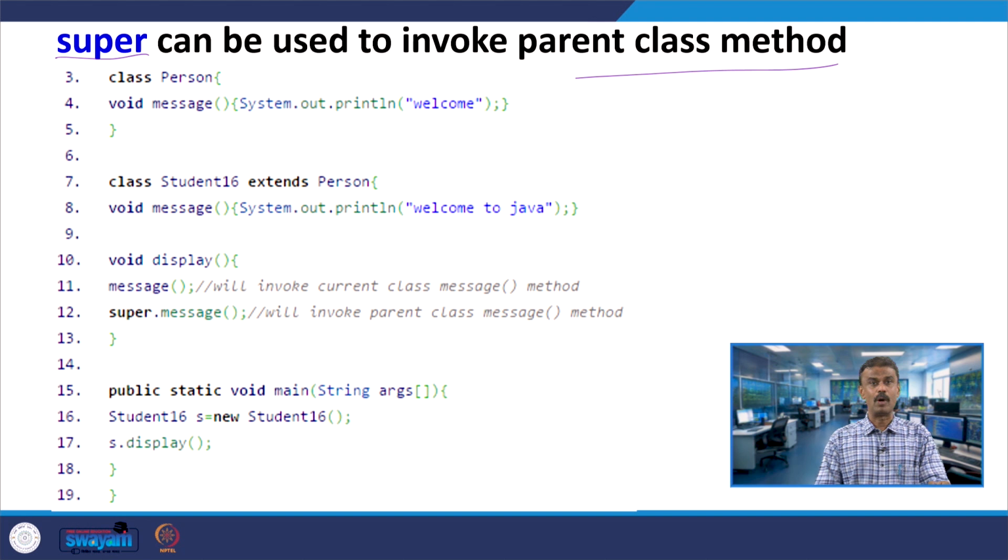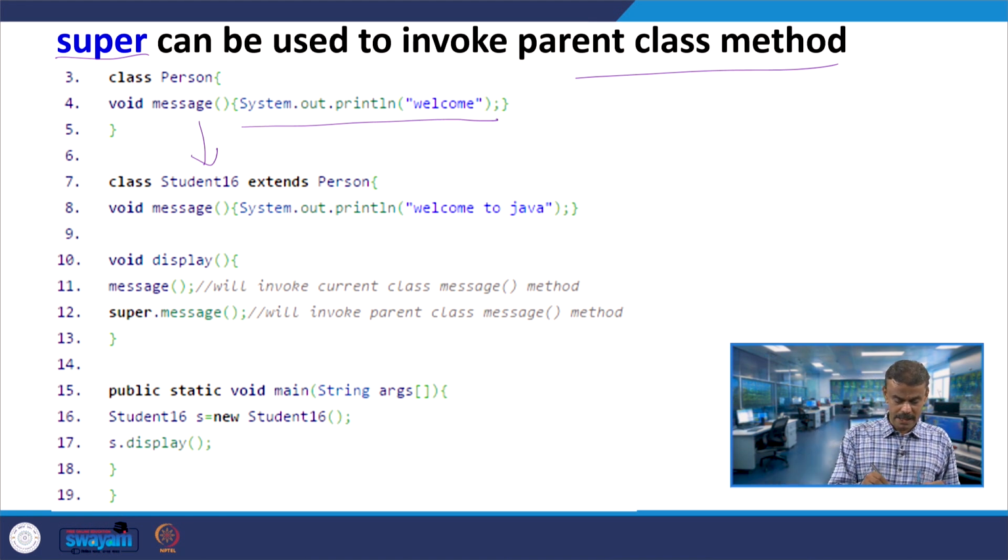Under this void message you are printing System.out.println "welcome". Then class Student16, another subclass, is extending Person.